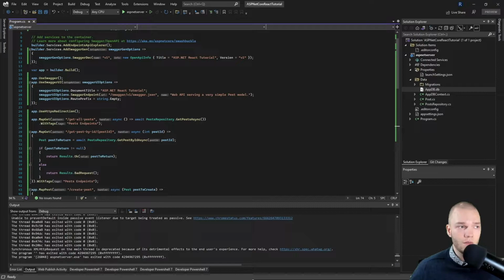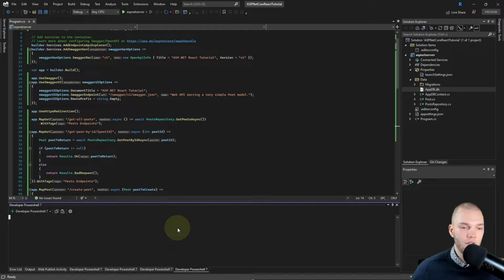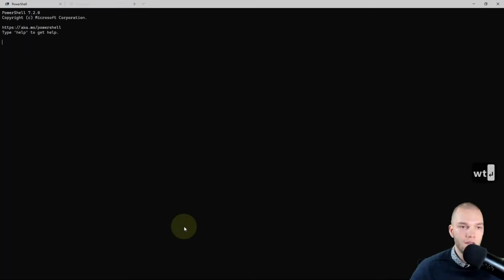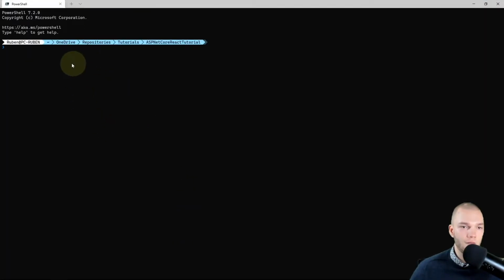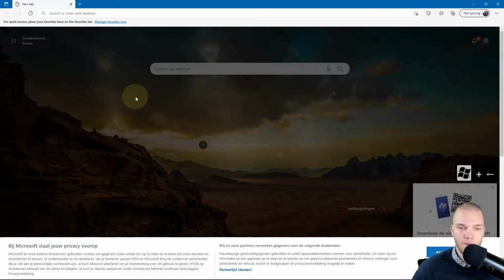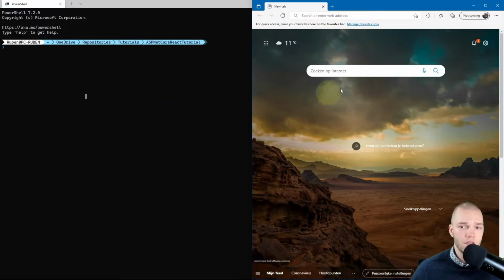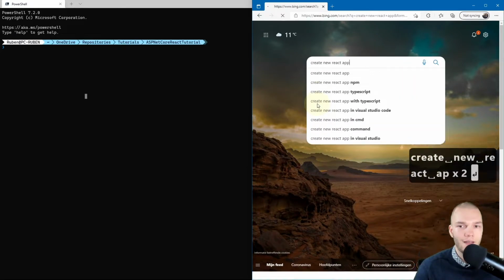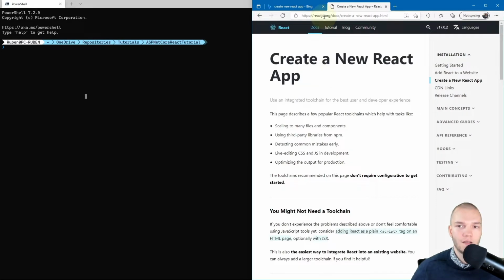Right, so we can now continue with our React frontend, and to do that we'll use the create-react-app command line utility. So first of all, I'm going to go to a terminal, and I'll just type wt to open the Windows Terminal, and that will open a Windows Terminal in this location, and I'll open that side by side with my browser. So in the browser I'll search for create new React app, and I'm gonna click this first link from